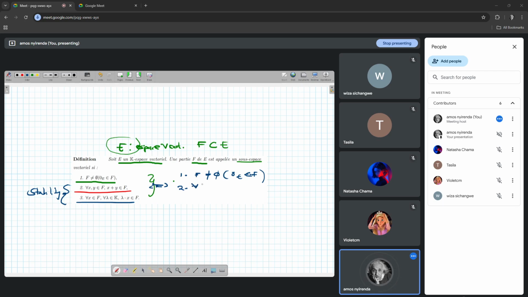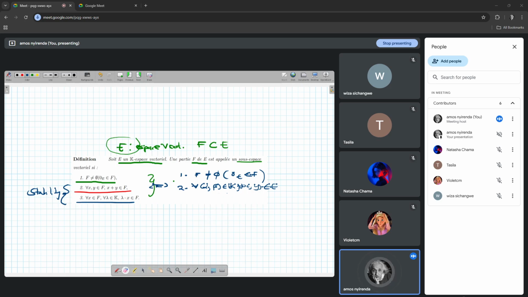quel que soit alpha et beta in K, like so, and quel que soit x, y. Now, two elements in what? In E. We can shorten these two properties and say they are a combinaison linéaire. The combinaison linéaire of these two elements, x and y, has to be in E. So alpha x plus beta